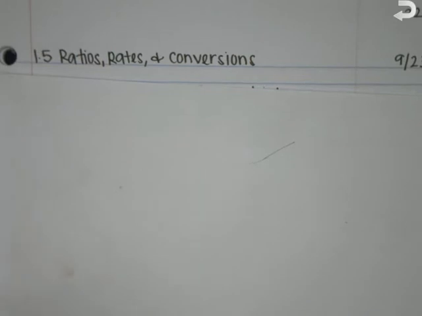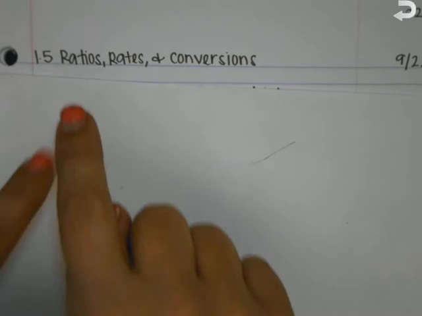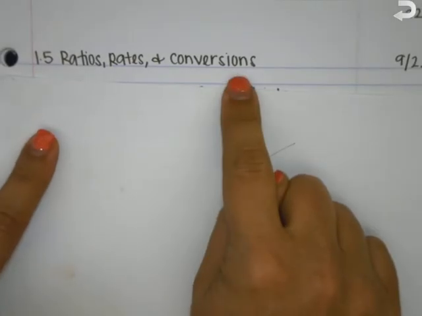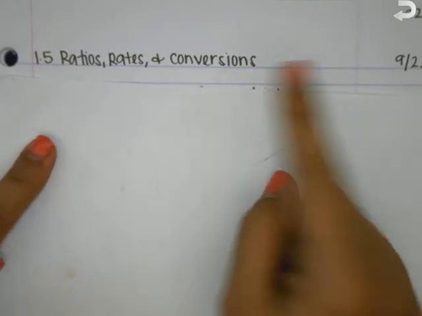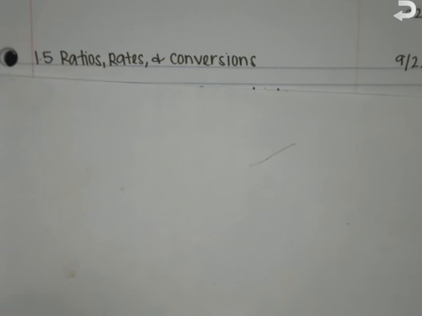All right, so 1.5, rates and conversions. All of these words should at least be familiar to you. So we're going to actually add them with the official math definition in your vocab. So on your vocab page,